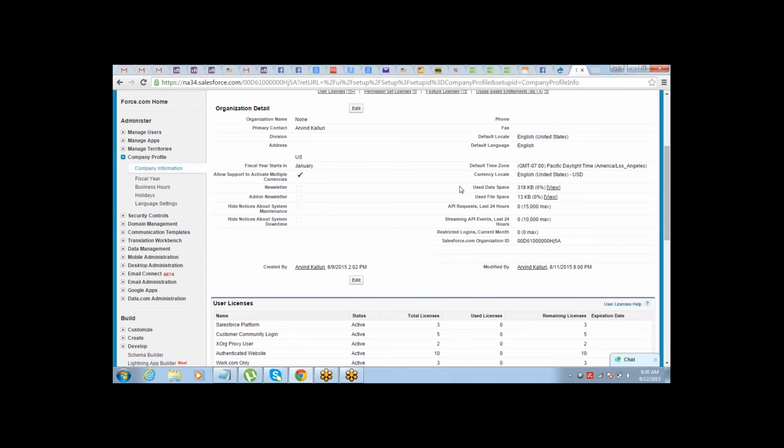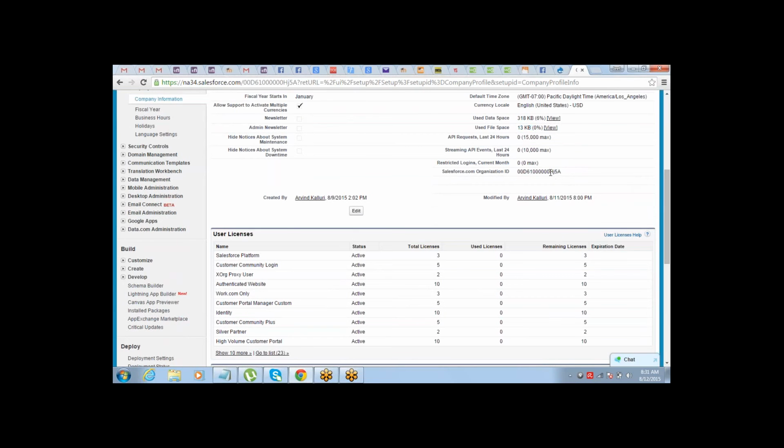You will get to see all company license related or data related information on this page. In this company information, you get to see how much data storage has been allowed to use, out of that how much is free, how much file storage has been used and what is free, right? So for data storage, we have used just 6% so far, and for file storage, we have used almost nothing. So this is where you can see your data storage and file storage also.